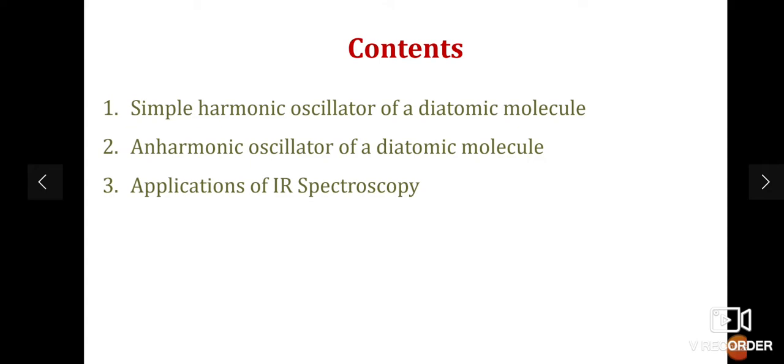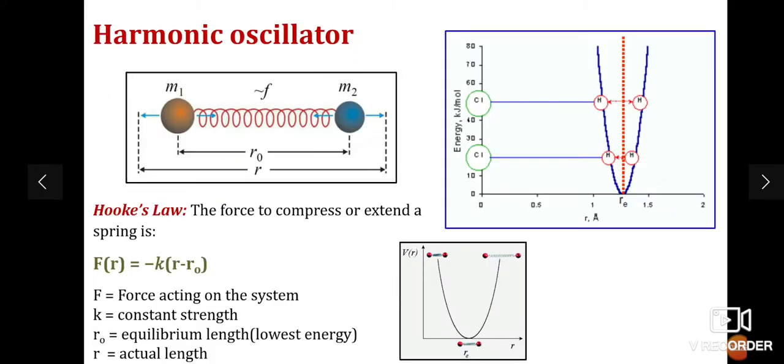And coming to the harmonic oscillator, let us learn how the vibration starts in a molecule. Let's start with the simple polar molecule HCl. You need to remember here Hooke's law, because if you give an external force for stretching and compression, we can observe a parabolic curve with respect to the internuclear distance and the energy of the molecule. You consider the diatomic molecule HCl, and